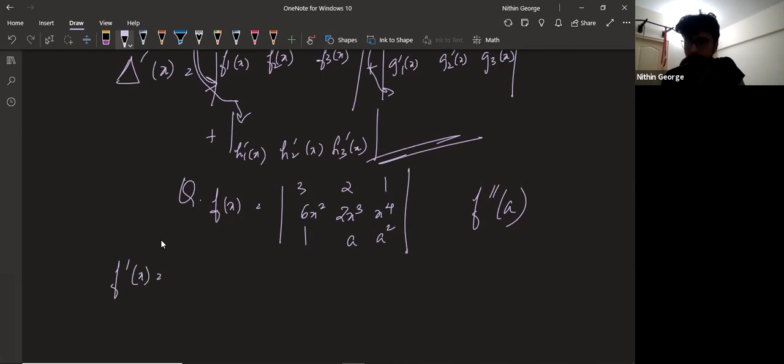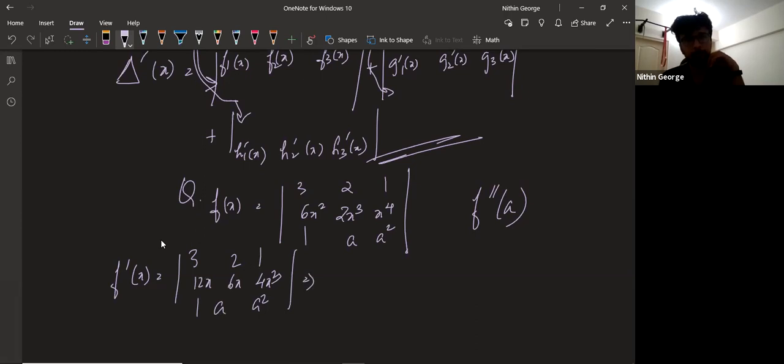You will get 0, 0, 0 there. Similarly, when you differentiate the last row, you will again get 0, 0, 0 there. So from those three determinants, you will get the sum of both. Two of them will be 0, 0, 0. Only differentiate the middle row. That's all that matters. Keep everything else constant. 1, a square, and differentiate the middle row: 6x and 4x cubed, 6x square.